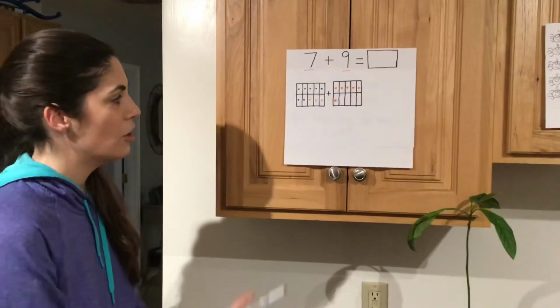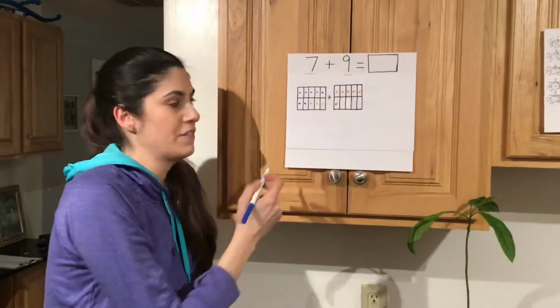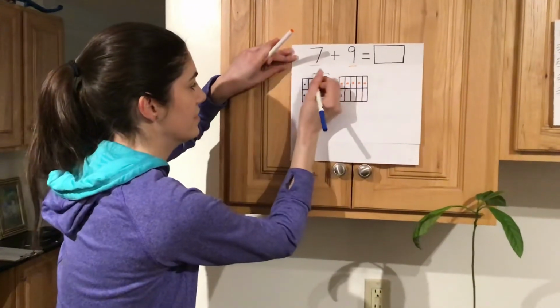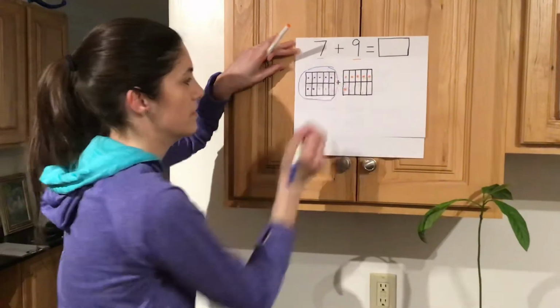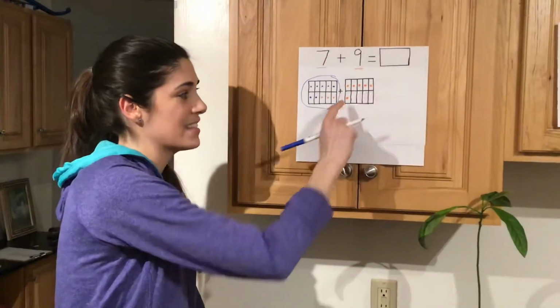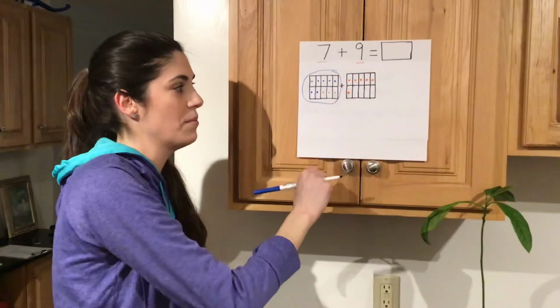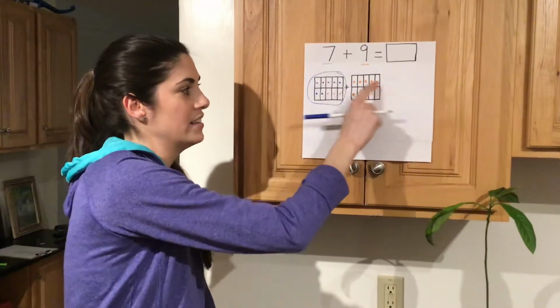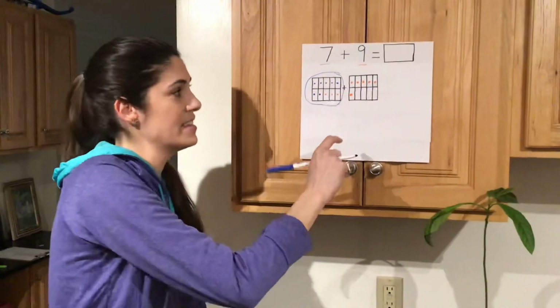Now I know by looking at the first 10 frame that's all filled out that I have 10. And then I have 6 left over, 5 and 1 more. So I have 10 and 6. 10 and 6 make